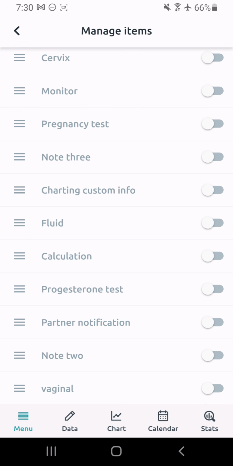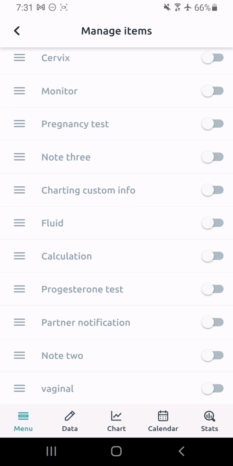Fluid, I want you to actually have fluid untoggled because fluid is just going to be redundant for stamps. They're basically the same thing, except fluid is not as customizable as stamps are, specifically, like I said, for FEMM. If you're not charting with the FEMM method, this video won't be as relevant to you. But just know that if you're charting with stamps, you don't need fluid. It's just going to be redundant and distracting, so make sure that that is not toggled or that it's toggled